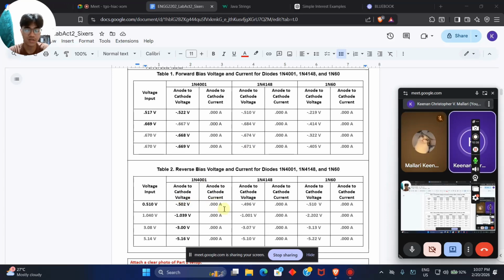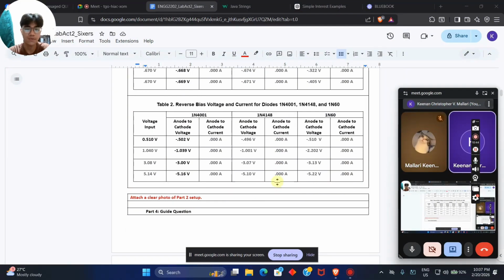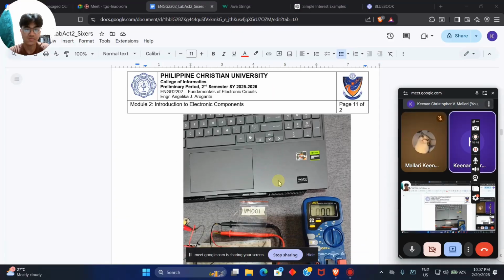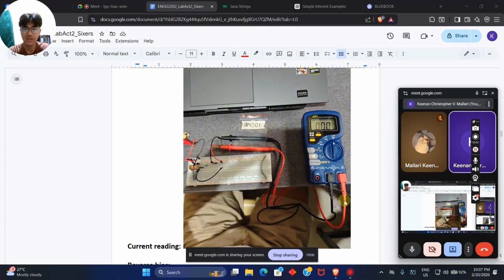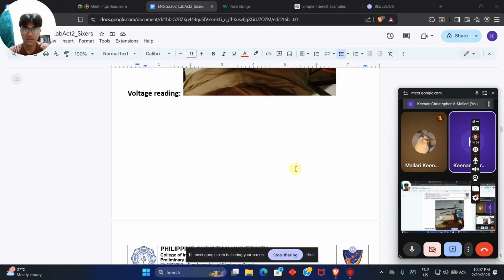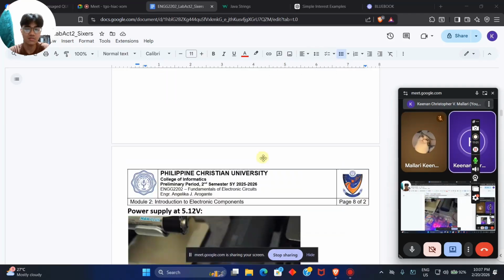Time for the anode to cathode current. Again, it is showing 0.000 amperes. Let's confirm it. Here it is. 0.000 ampere reading by the multimeter. Okay, let's proceed to